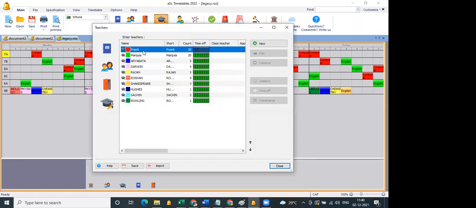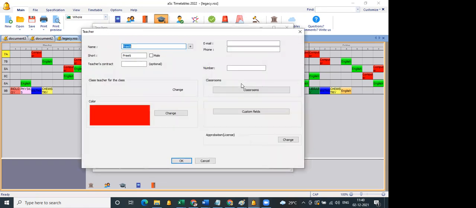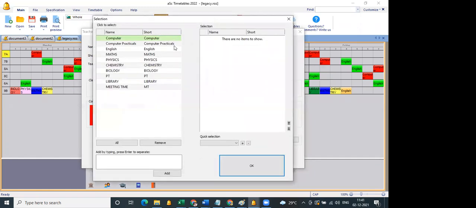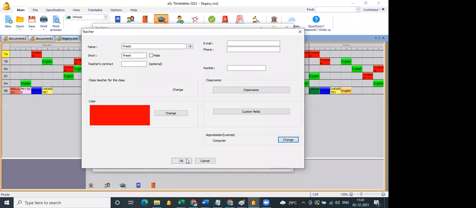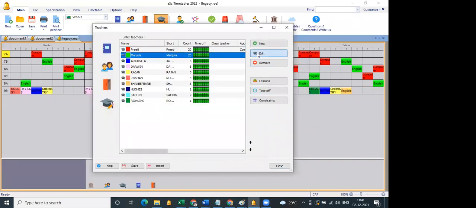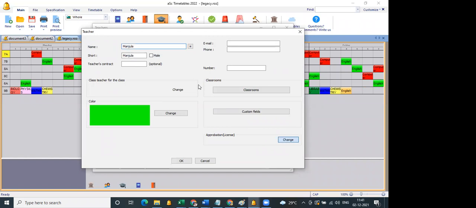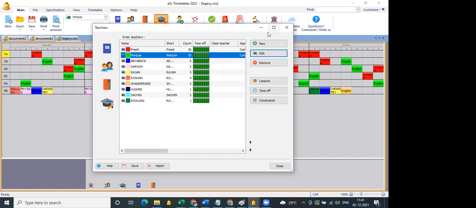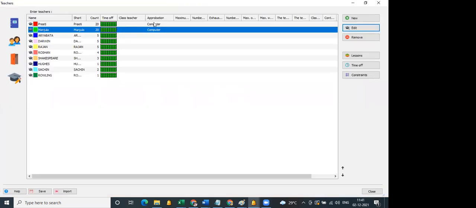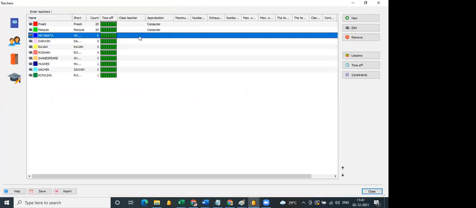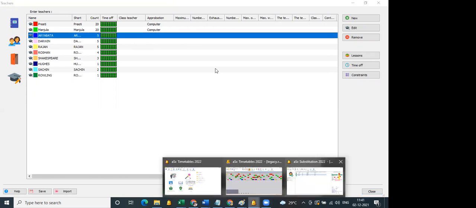you need to define the teachers: click on the teacher, edit the teacher. So here you have approbation license. You can change it and put them into, say, computer. I'm just giving an example. So you see approbation: these teachers will be under the computer department. If I change for another teacher, they will be under the science department. So when I'm doing the substitution and enabling the criteria for approbation,